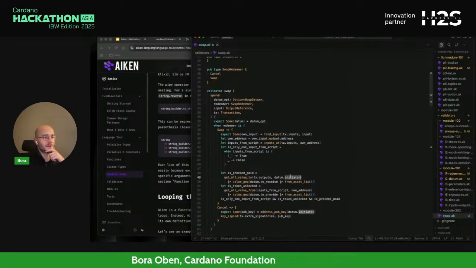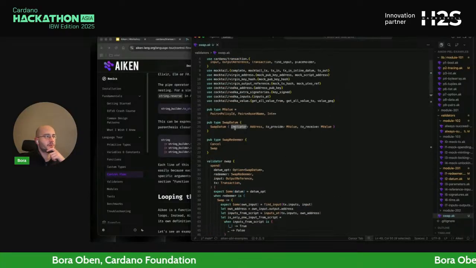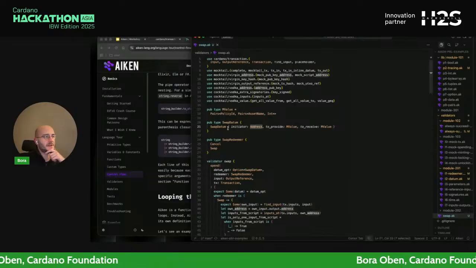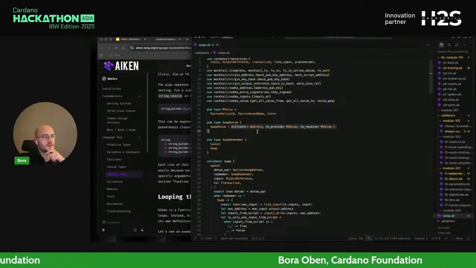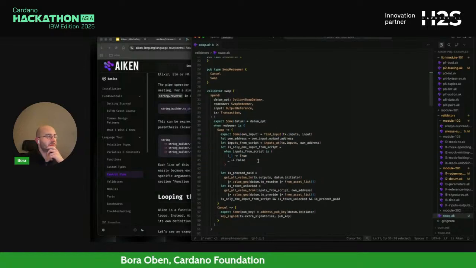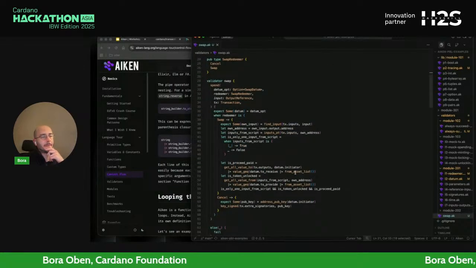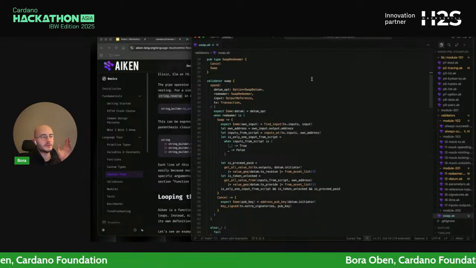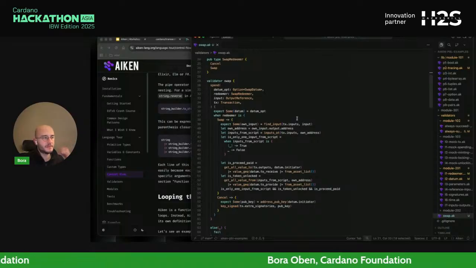Because this initiator field is known to us by here, and this initiator is the one who posted that datum or who created this UTXO with the datum there. So it's checking the outputs that are going to the owner of the swap.